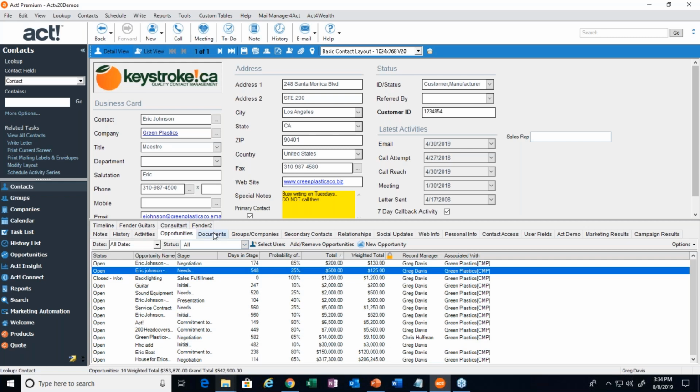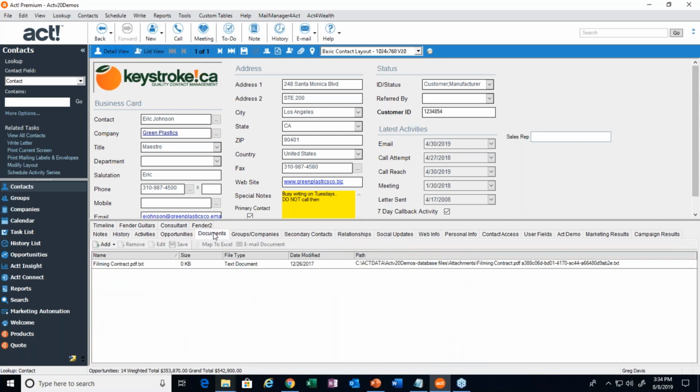All right, so let's move on. Documents tab. This is a place where you can attach any type of file. It's really that simple. Any type of file can be attached here onto Eric's record. And it doesn't have to be a document. It could be anything. It could be a picture. It could be a movie file. It could be anything on your